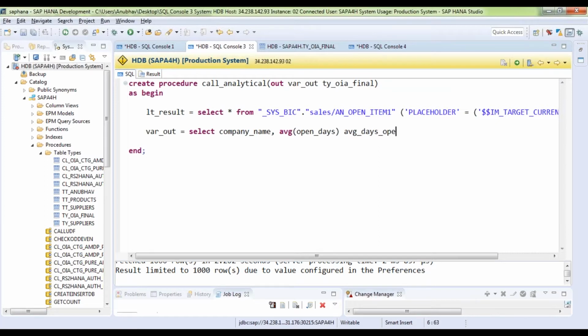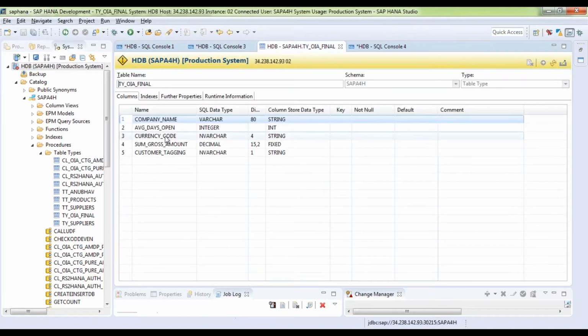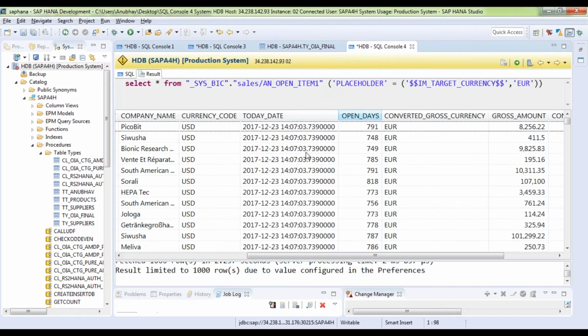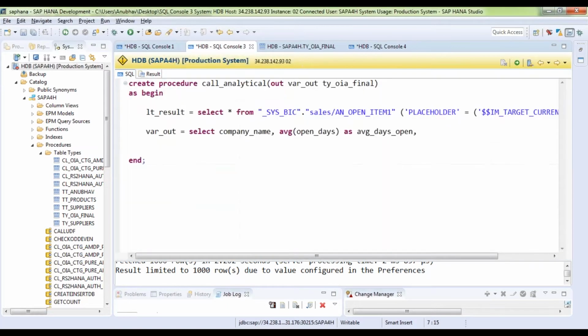Of course I forgot the AS keyword. The next field in my table type is currency code. Converted gross currency should be going as currency code.